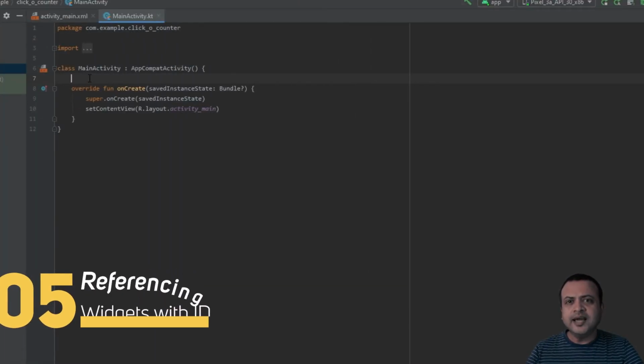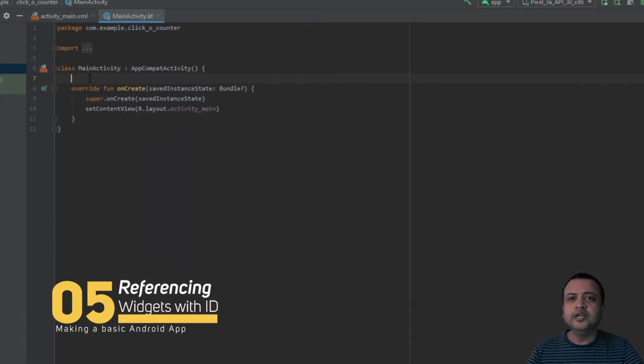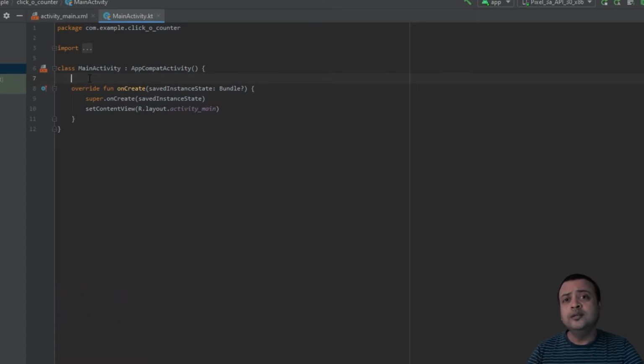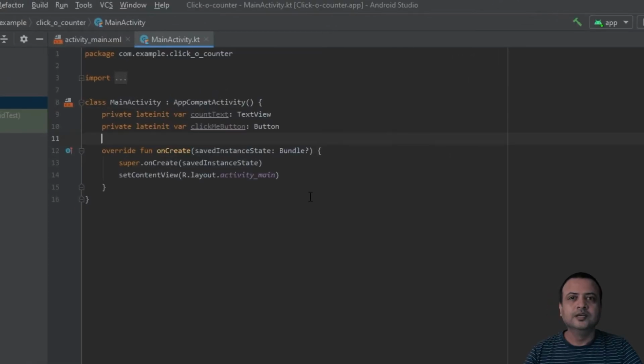Now within our MainActivity class, we are going to create two variables to hold the reference to our text widget as well as button widget. So in Kotlin, we do it as follows. You must be thinking, what is this guy writing? private lateinit var countText: TextView. Hold on. Don't worry about whatever jargon you see right here. You will understand it once we go through a brief overview of Kotlin.